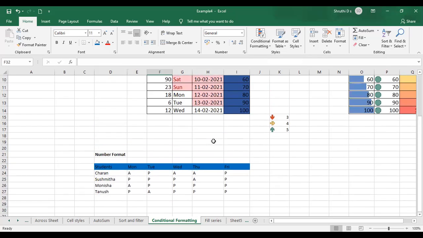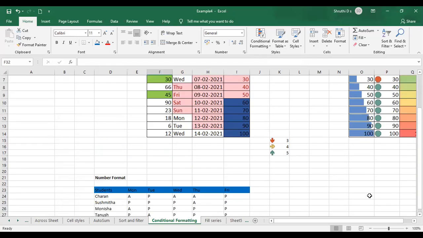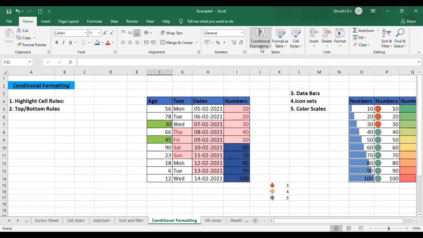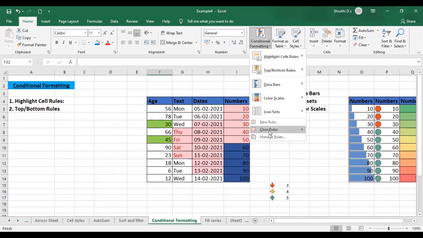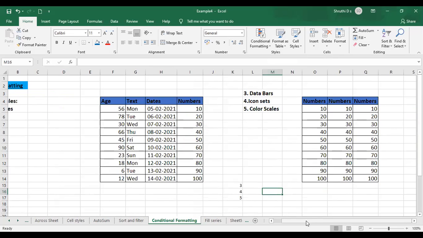If you have done formatting in the entire sheet, and I have done it in the entire sheet, I have just removed it for the column. Now what do I do? Click on conditional formatting, go to clear rules, and here you can observe there is clear rules from entire sheet. I have applied the rules for these two tables also, these sets of ranges. So select clear rules from entire sheet, click on that. As you can see, the formatting which was done on the entire sheet data has been removed.